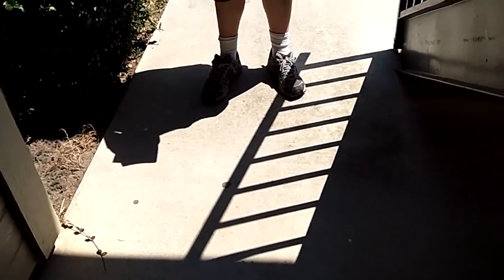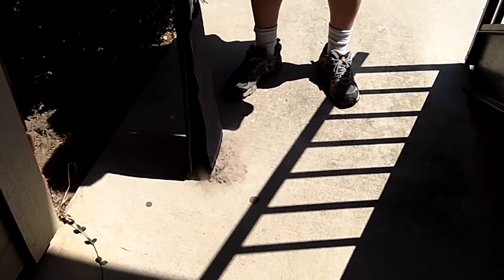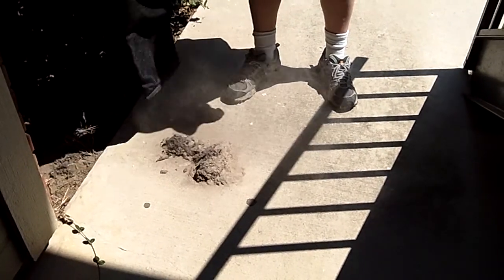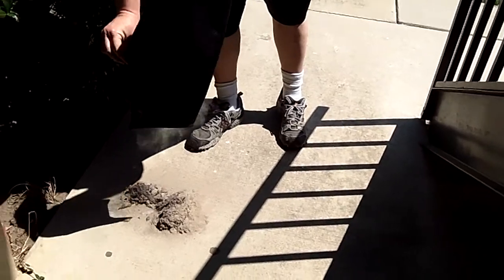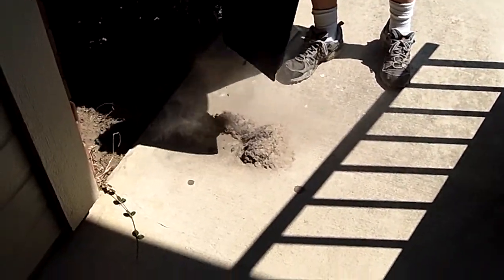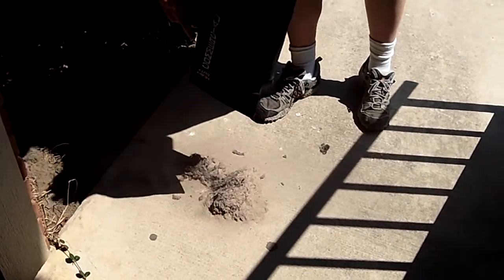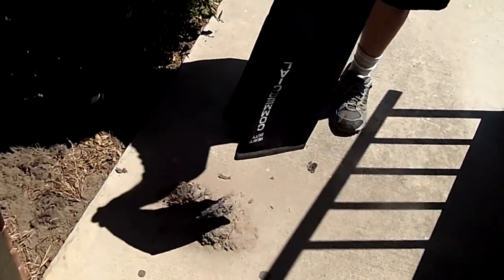Dump the bag from that carpet we just vacuumed. See how much stuff we got out, if any. Grab the bottom of the bag and open it up good and keep shaking. And that is a fair amount of dust to come out of a...